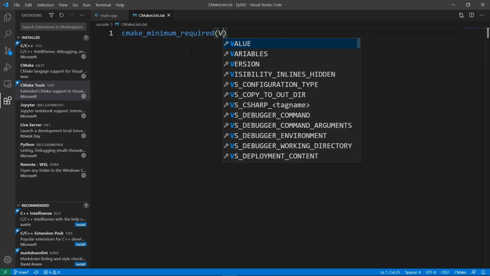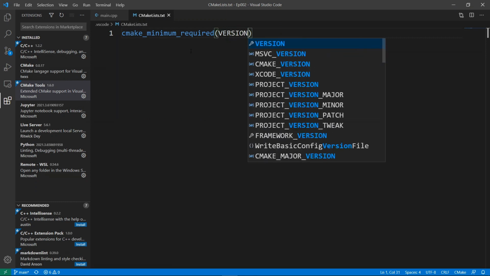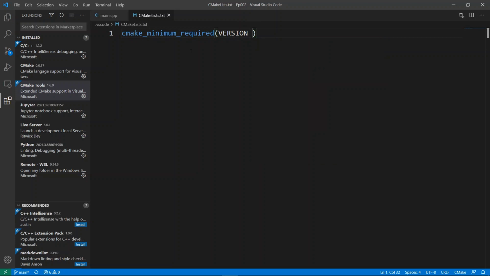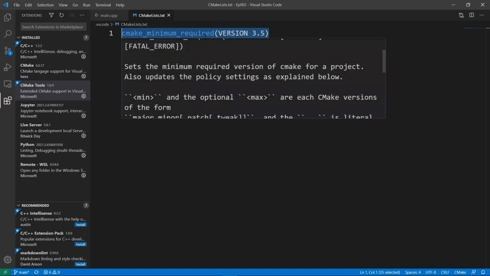So we're going to put this in. We're going to say version. And we're going to require people to have 3.5, because I think this is a reasonable minimum requirement that is going to still allow you to use cool stuff from newer versions of CMake. Okay, so this is going to require people to have this minimum version of CMake to be able to work